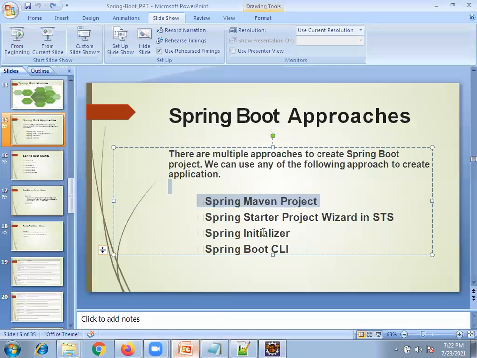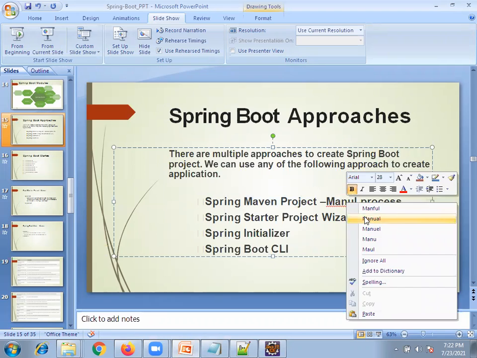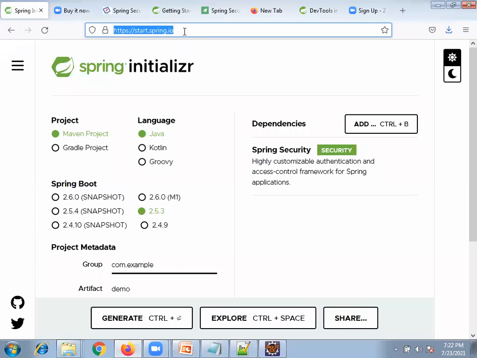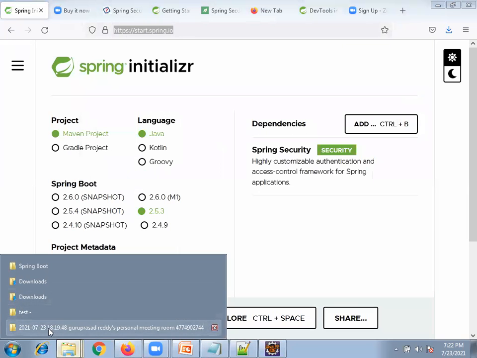This is a manual process, which is not suggestible. Always we will go for a Spring project using STS or Initializer. These are the two ways. Most probably I will always prefer this one, or else we will go for this configuration.